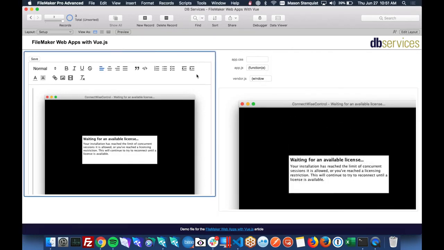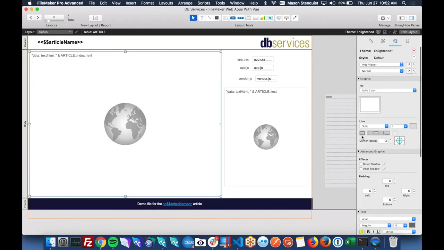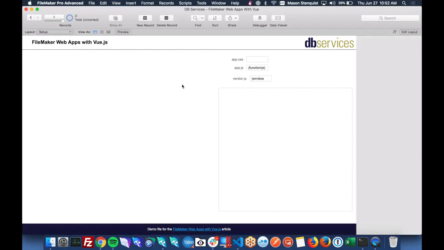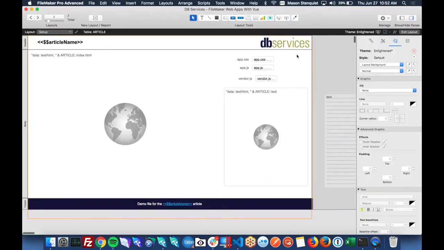And if you wanted to get rid of those outlines, that's easy enough. Get rid of that. In focus, we just turn off the outer shadow. There we go, that's looking nicer. So yeah, let's clean this up a little bit.